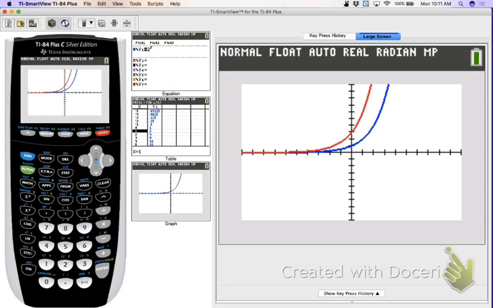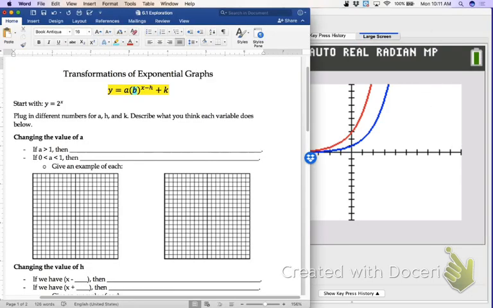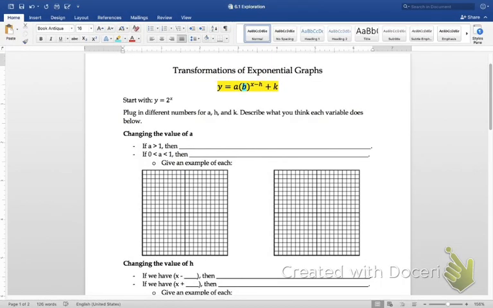If A is bigger than 1, is it a shrink or a stretch? It's going to be a stretch. Okay? Because whenever A was bigger than 1 before, what was it? It was a vertical stretch. So that means, if A is bigger than 1,